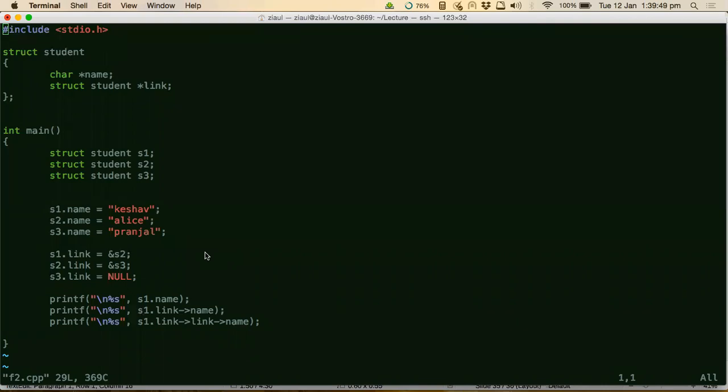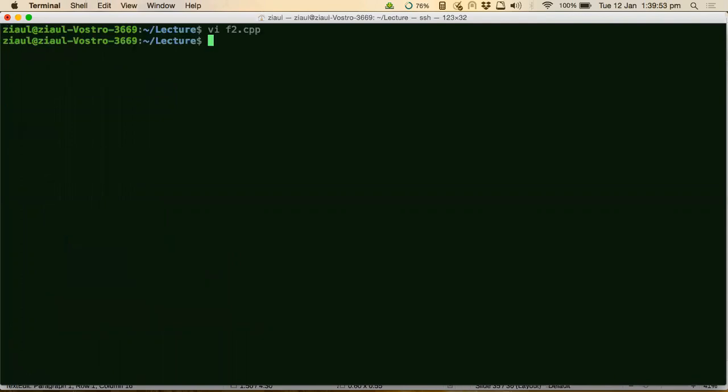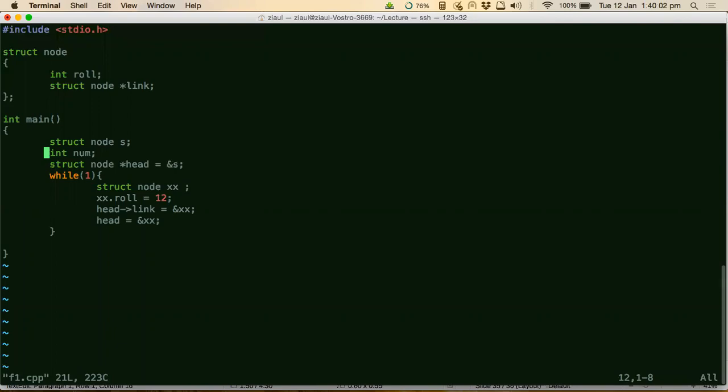There is a concept called dynamic memory. Dynamic memory will be covered in more detail in the next class, because today we covered structures and unions, so we didn't have much time there. I will just briefly explain what the dynamic memory concept is. See, now assume you want to store student records using structures. But then you don't know how many students you have to store data for. What do you do in that case? Tell me.